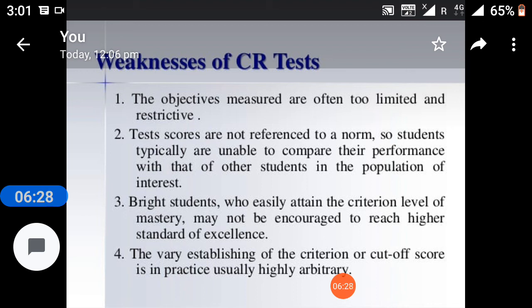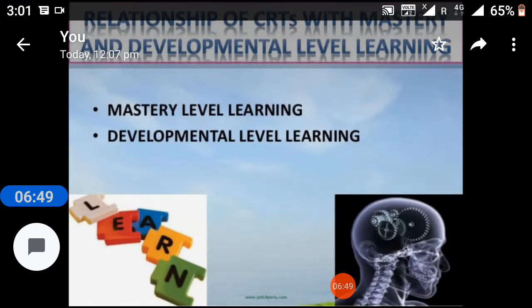Bright students who easily attain the criterion level of mastery may not be encouraged to reach higher standards of excellence. The very setting of the criterion or cutoff score in practice is usually highly arbitrary.